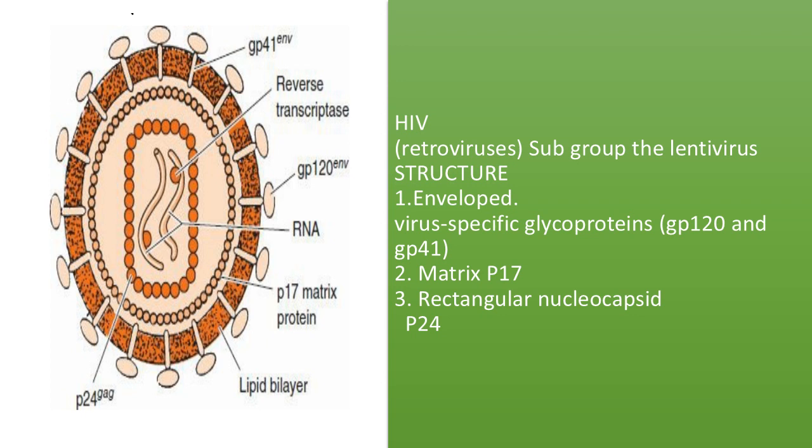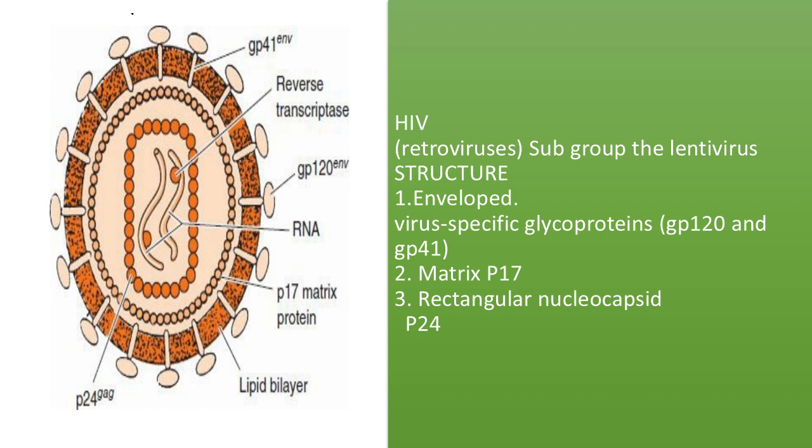The next structure of HIV is the matrix. Look at this figure. This rounded structure below the envelope, this overall structure, is known as the matrix, and this matrix is made of a specialized protein called P17 protein. It forms the matrix. The third part of HIV is the capsid, the nucleocapsid, and you should note for MCQs that